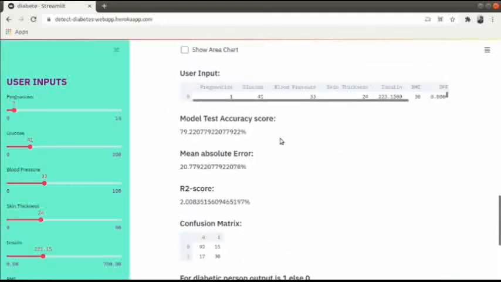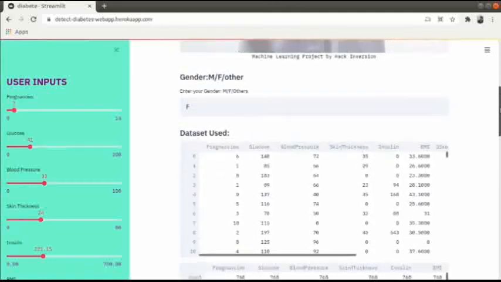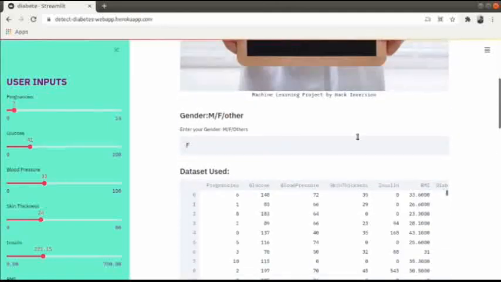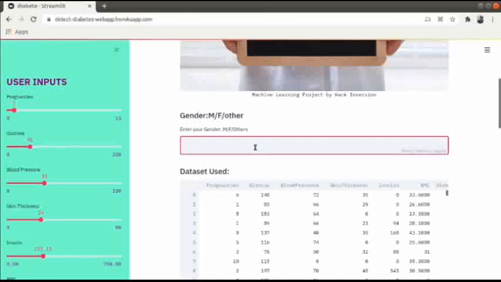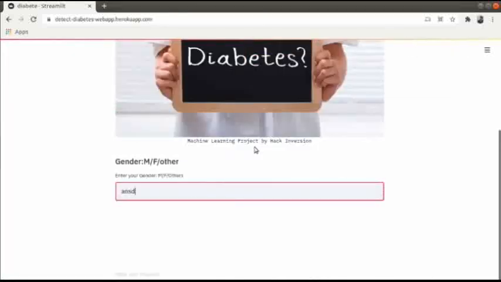And in this case again, the model accuracy has changed and the mean absolute error has changed, because our whole algorithm ran again when the user changed the input. But the app will not load until you give M or F. If you type anything random here, it will not work. The app will not load, and the dataset will not load.